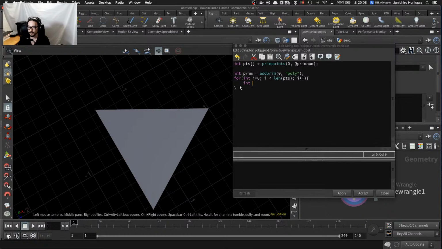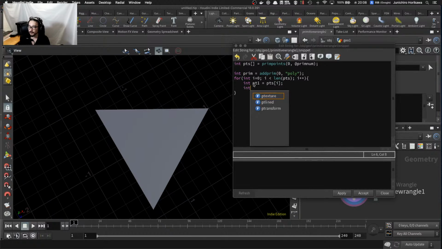So for point 1, it will be the first point from this PTS array, and point 2 will be the next point from this PTS array. So PTS i plus 1, and this i plus 1 could be like number 3, which is more than the number of points. In that case, you want to reset this number to 0 by calculating the modulus. So